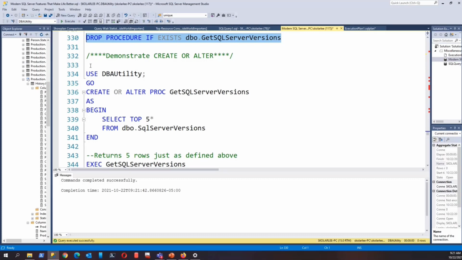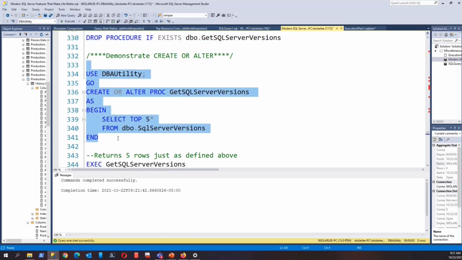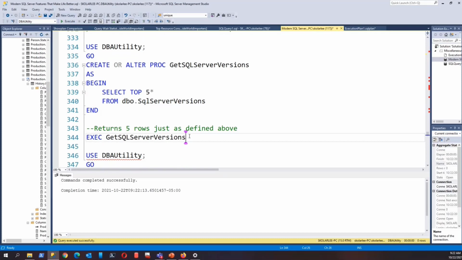Here's create or alter for stored procedures. So you might use this instead of drop and recreate, especially because you can run into some permissions issues or errors if you drop a stored procedure and then create it with a new definition. This allows you to create a procedure if it doesn't exist or change it if it's already there. So in this case, I'm creating a procedure that just does something really simple, and you can see